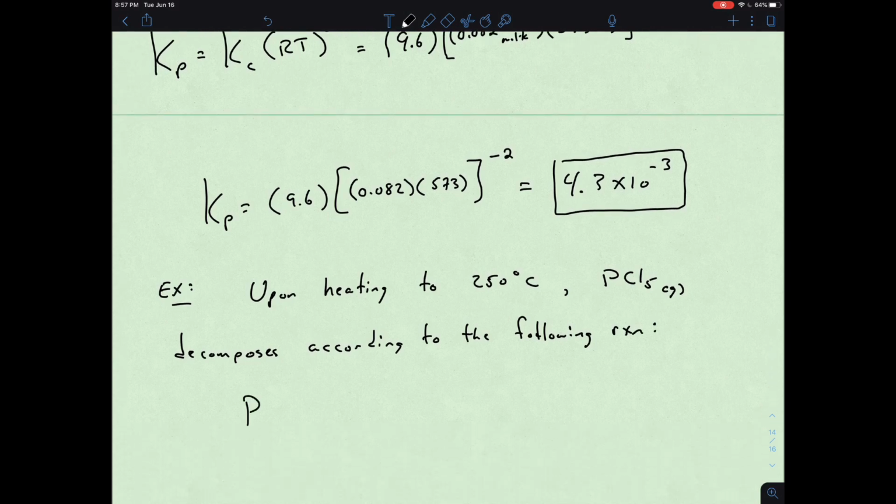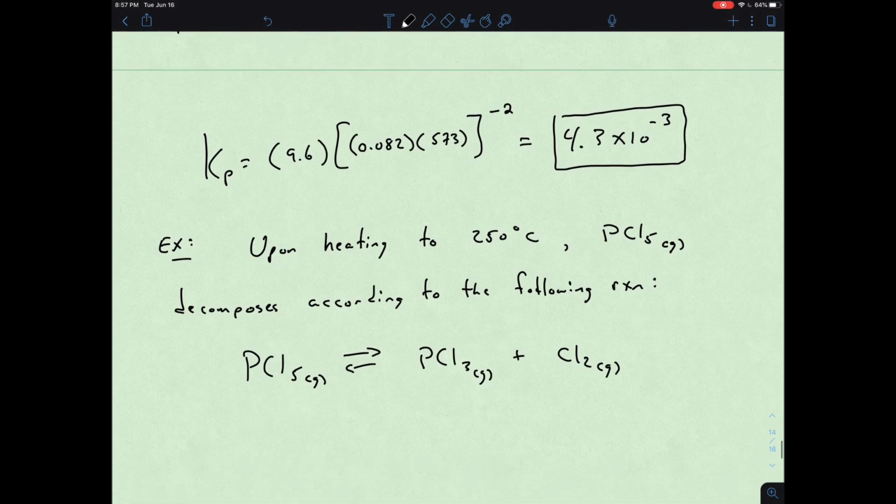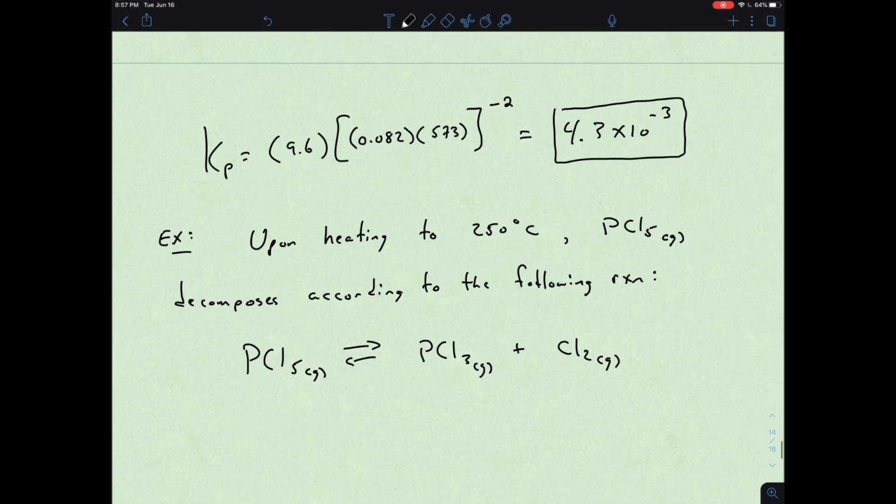And so here we have our phosphorus pentachloride decomposing in an equilibrium process to produce phosphorus trichloride and chlorine gases. And so we want to calculate K sub P and K sub C